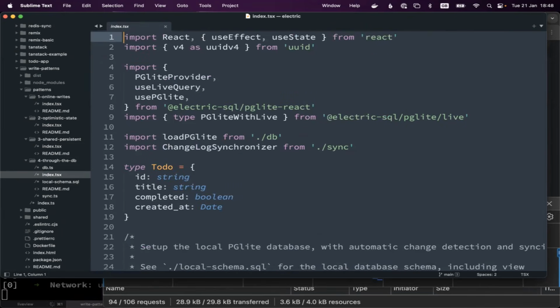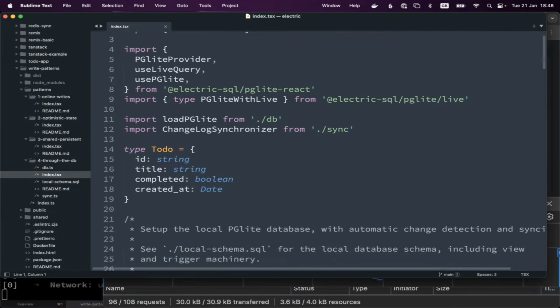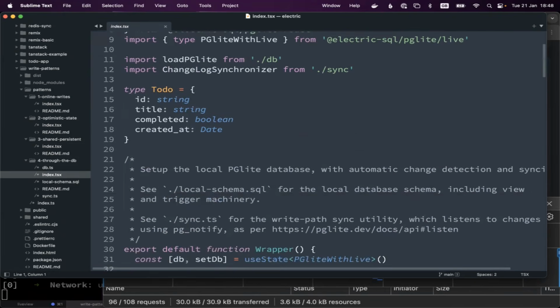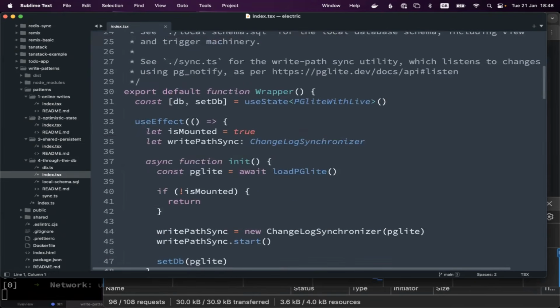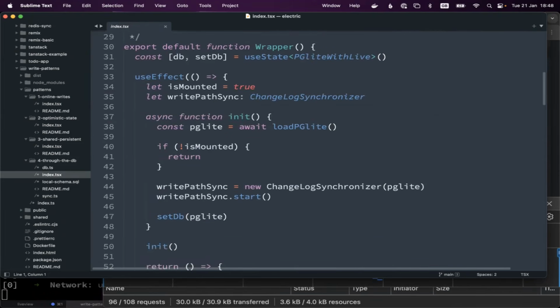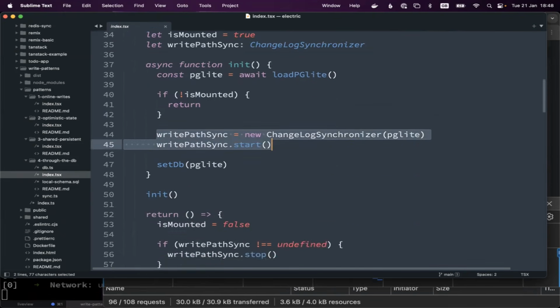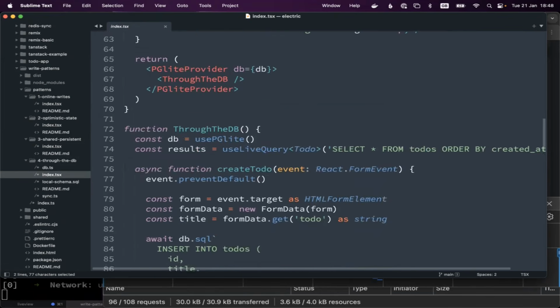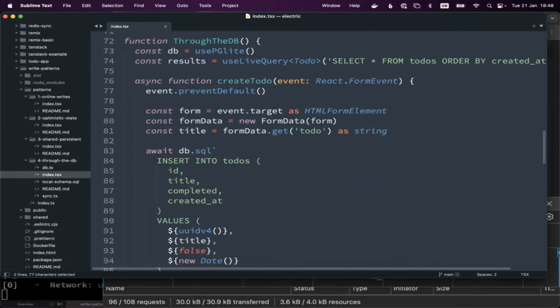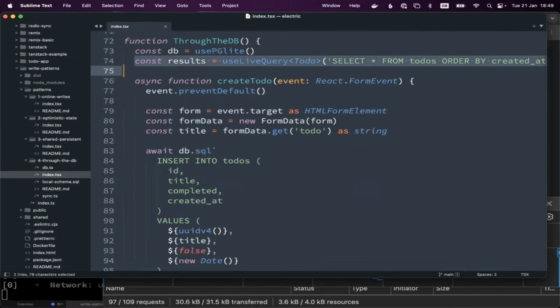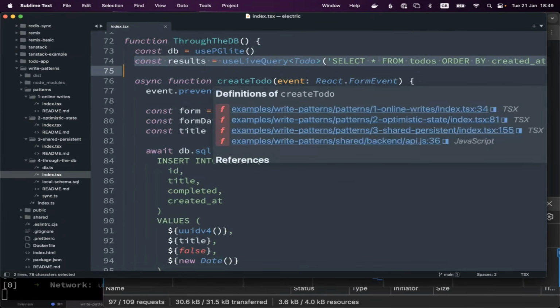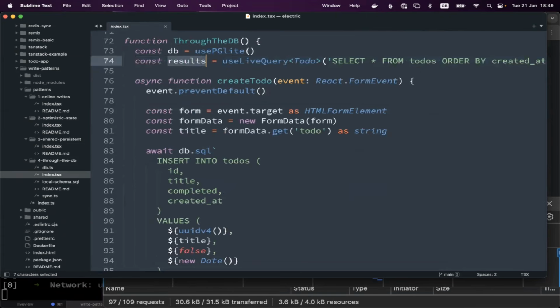We have a little bit of PGlite boilerplate to instantiate PGlite, and that's what this wrapper does: it instantiates the local embedded database. It also instantiates a sync utility, which I'll go through next. But when you come down to the actual component that we were looking at, as per the other examples, you get a handle on the local database and you use a live query to get the to-dos, and that's it.